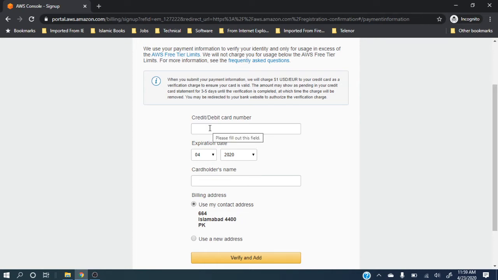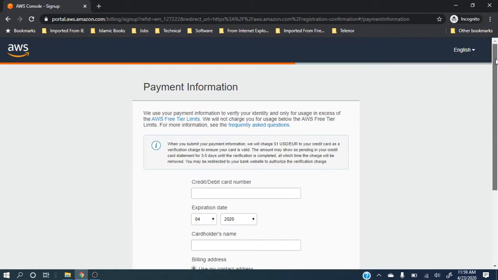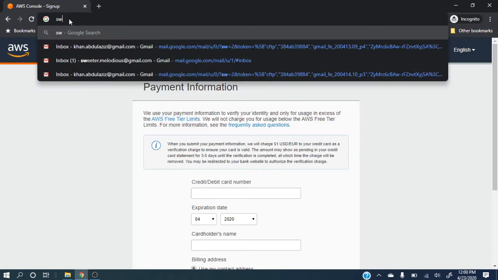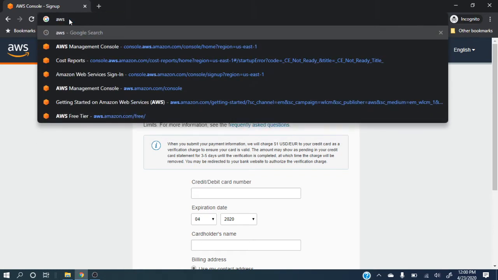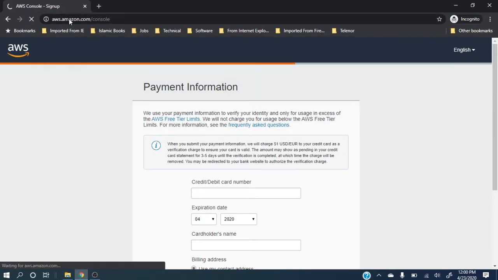You can become a customer in the future. It's not that they give you free access and then you just vanish. So you have to provide a credit card number here, and Amazon will charge $1 on that card, so that card should be chargeable. So this is the place where I should leave because I cannot provide a number here. So let me go back to a normal user type of place where I can show you.